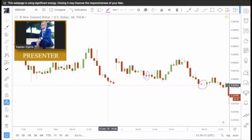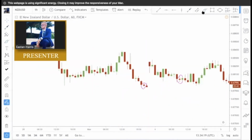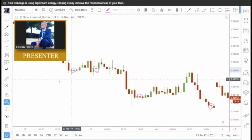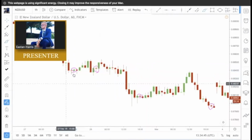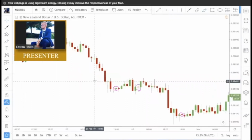Down here towards the bottom. Right there. Got another one that followed an exhaustion right here. A couple of exhaustions. Got another doji here. And one right here. That green one. The goal is to get you guys to understand exactly what these candlesticks are and what they